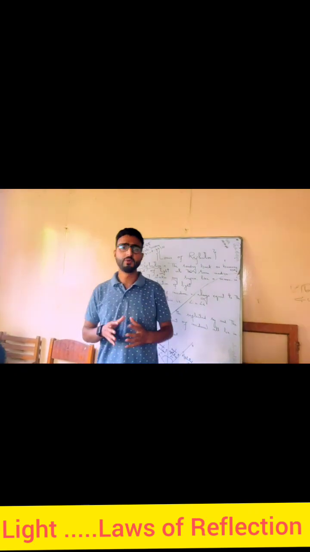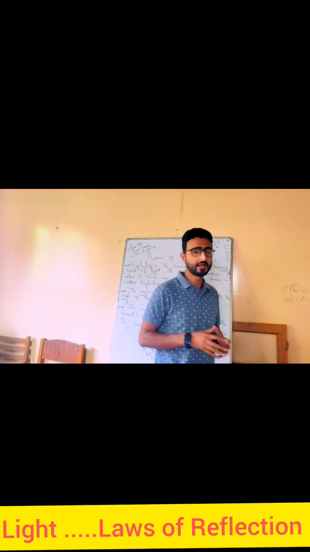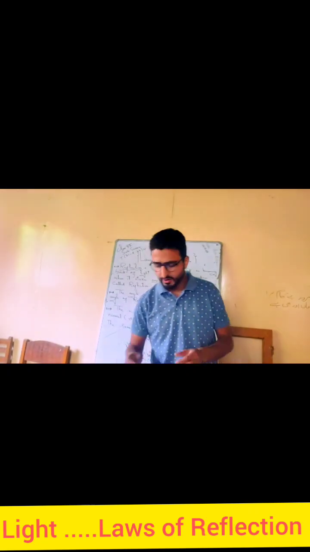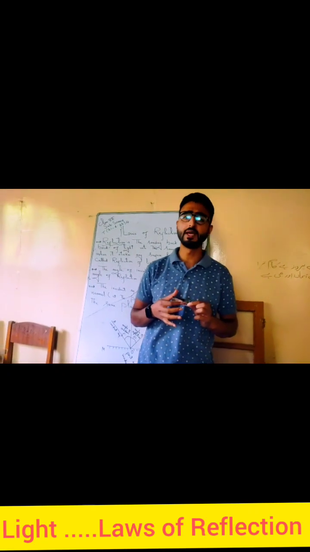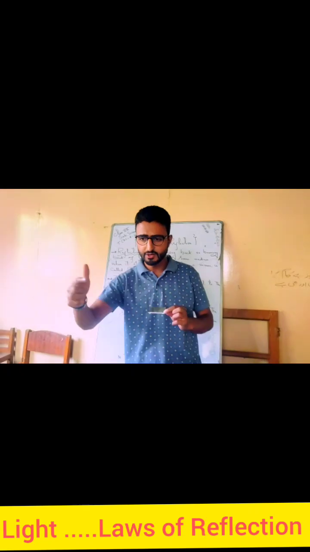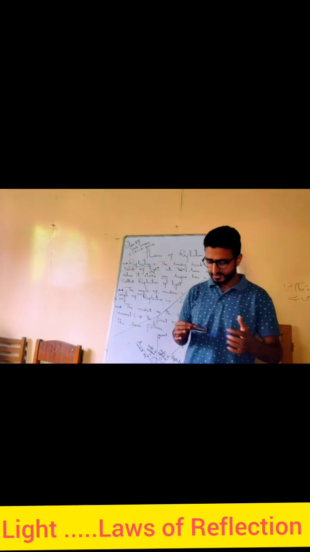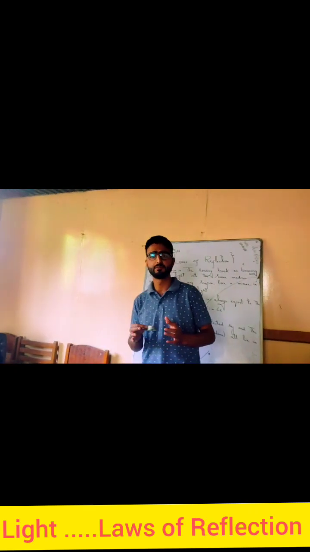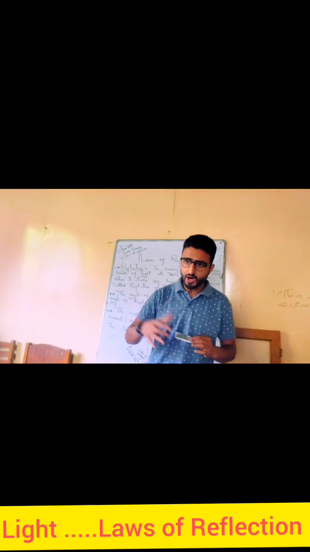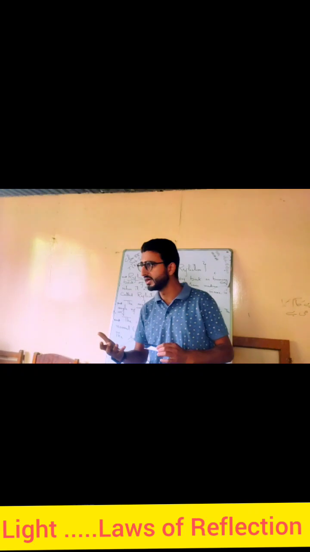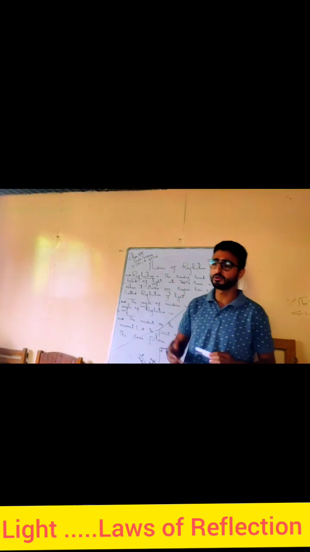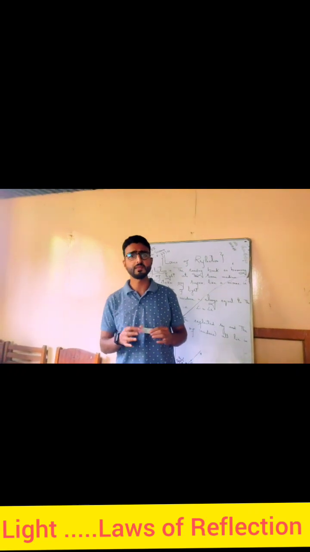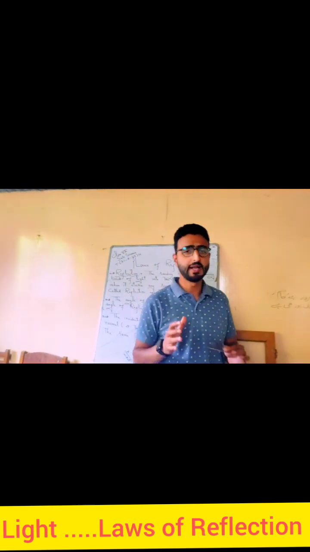So we also discussed one property of light, that is reflection of light. We can simply say when light falls on a plane surface, be it a plane mirror, it is sent back into the same medium. The sending back of light, or bouncing back of light, or I can simply say change in the path of light without any change in medium, because light is reflected back into the same medium. So this bending of light into the same medium is called the reflection of light.